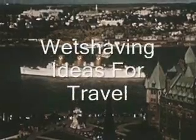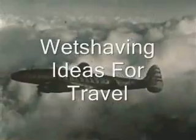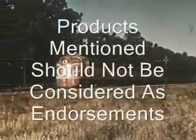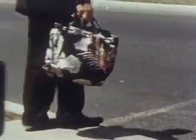Whether you travel the high seas, wander your way over the broad highways, soar swiftly above the clouds, or roll along over shining ribbons of steel, the natural wonders of the world are waiting for you. Now that you've been fully assimilated into this traditional wet shaving hobby, you may wonder how you can still get great shaves while traveling. Here are some things for you to think about before you head out on that big